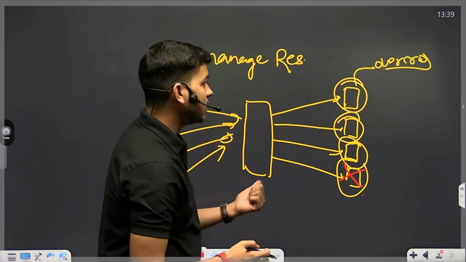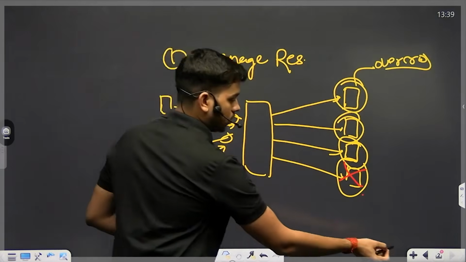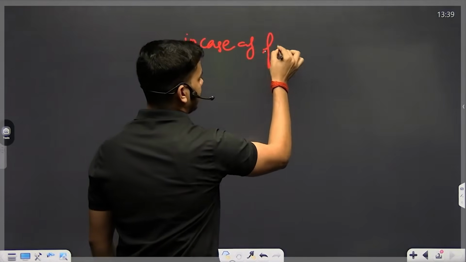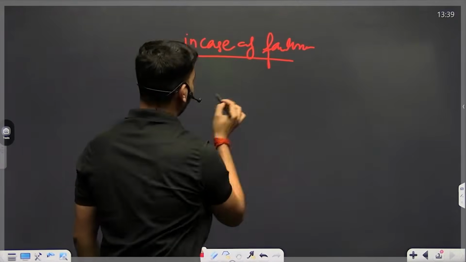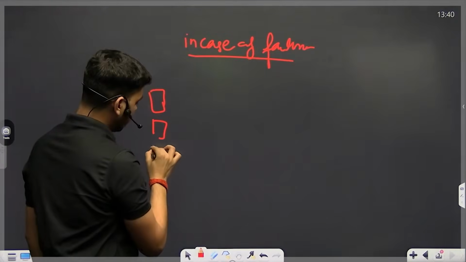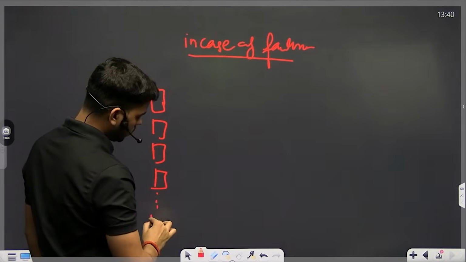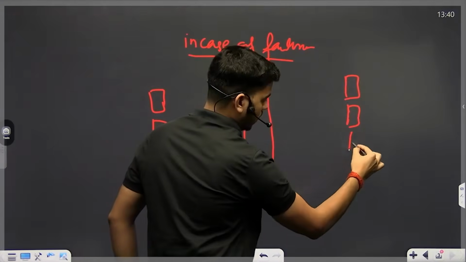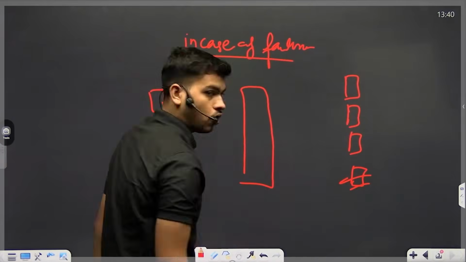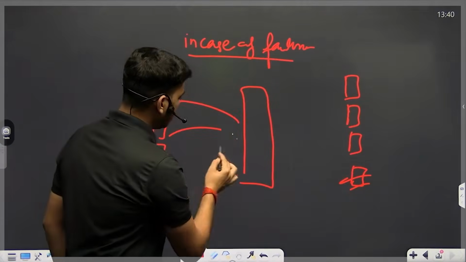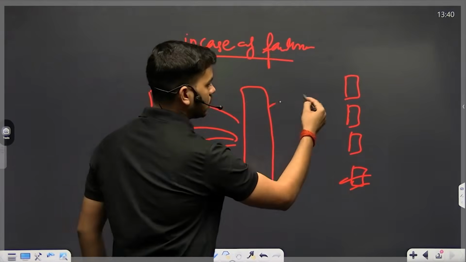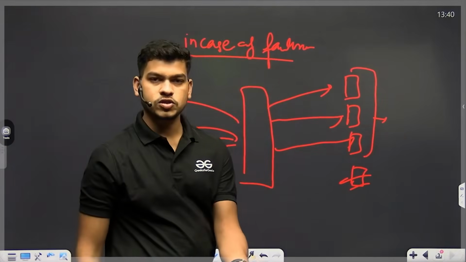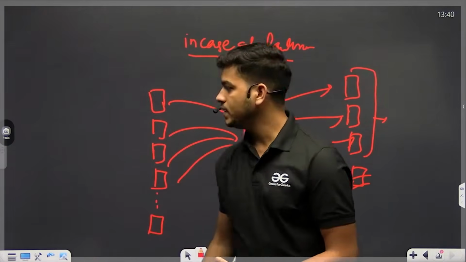The second responsibility of the load balancer is to handle failure, because in case of failure, requests will not stop coming. For example, there are 4,000 requests coming, and we had only 3 servers now, and the fourth server is not available right now. So these requests will hit the load balancer, and this load will be transferred between those 3. I talked about this point, that the load balancer is smart enough to manage this load